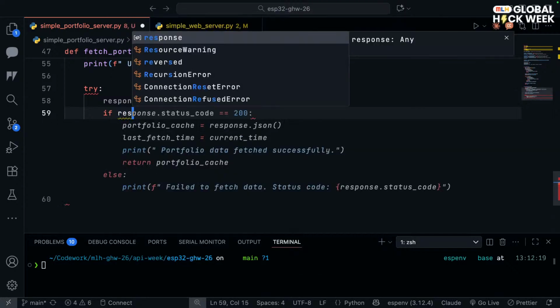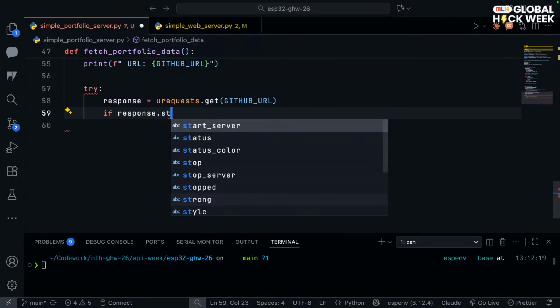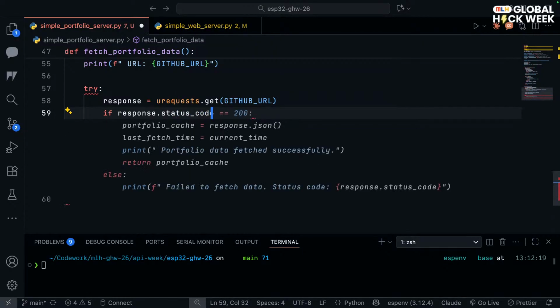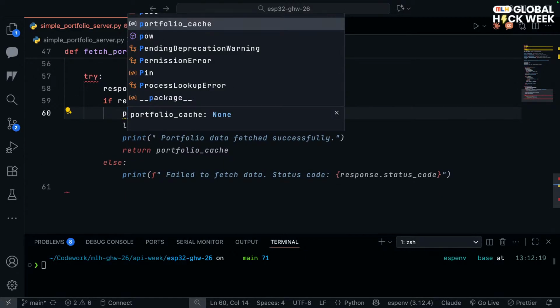So if the response that you have received has a status_code of 200, double equals, which means it matches exactly 200, in that case, ensure that there is this